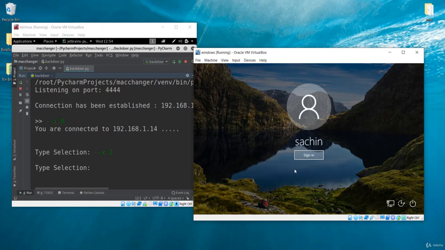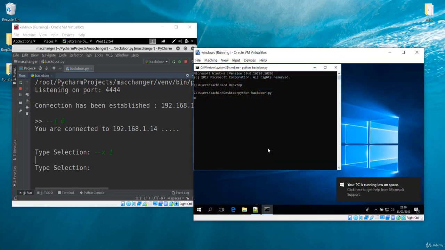In the same way, you can execute the shutdown command and it will execute that shutdown. So you can see this is the way to lock the system. In the next lecture we'll make a complete CMD hijacker, which will be an interesting lecture. See you in the next one.